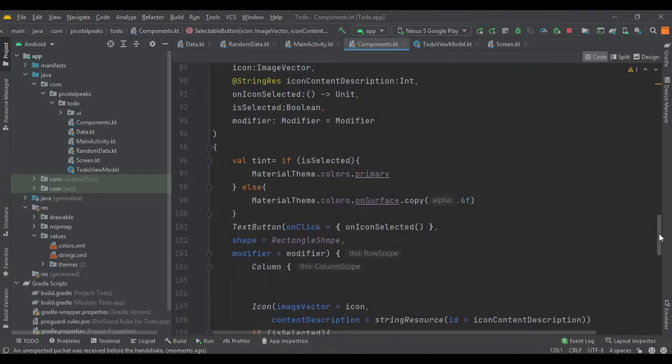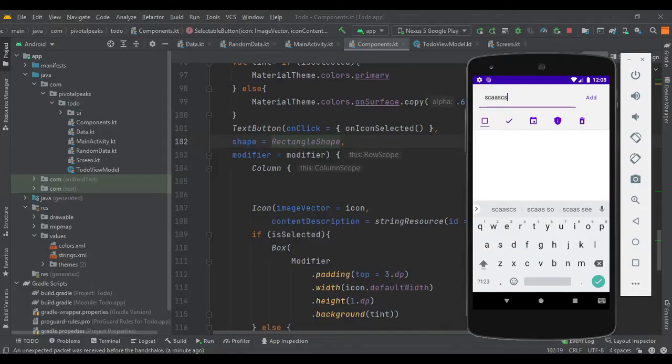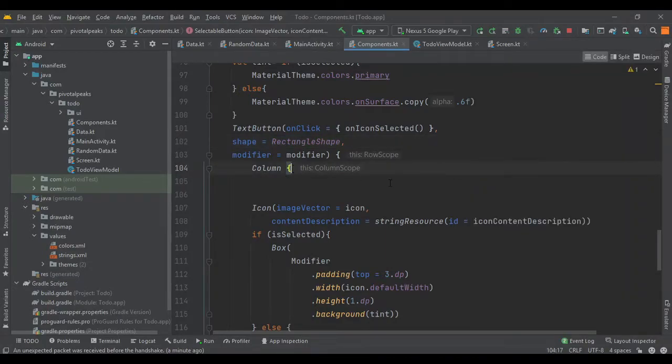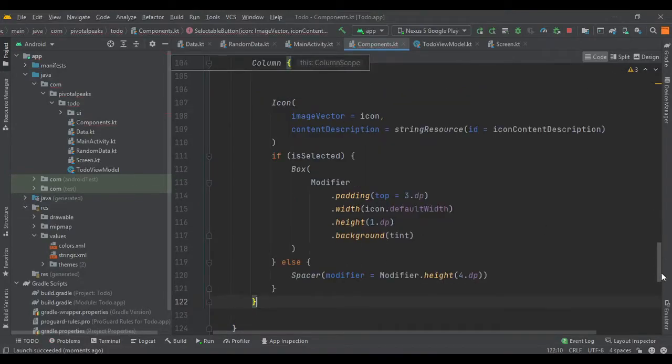So guys, I have pinpointed where I went wrong. I forgot to put a column here before the icon, so that's why it was missing the box or the underline. It was missing inside this row because I did not separate it from the icon row. So make sure to put a column and a curly brace here, and put another curly brace here.